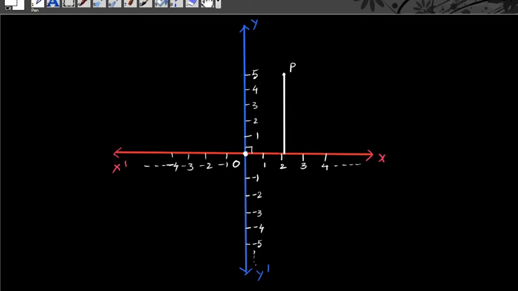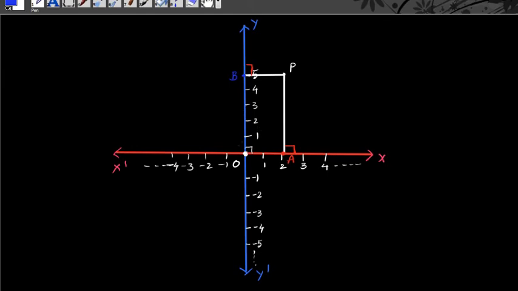Next, in the same concept, that means they both are the perpendicular lines drawn from the x-axis and from the y-axis of this point. Now find the distance from the origin to the perpendicular line of the x-axis. Suppose this perpendicular line from the point P on the x-axis meets the x-axis at a point, say A. Next, a perpendicular line from the point P on the y-axis meets at B.